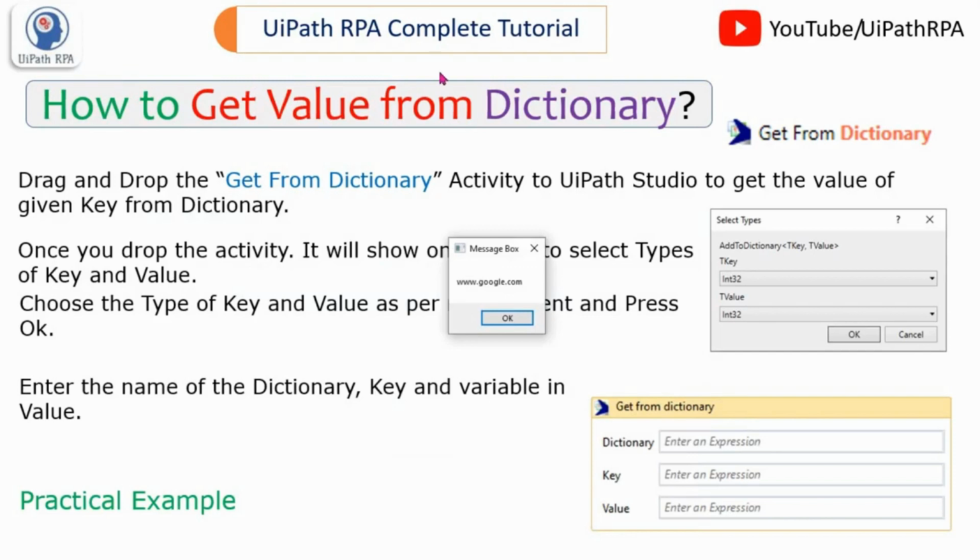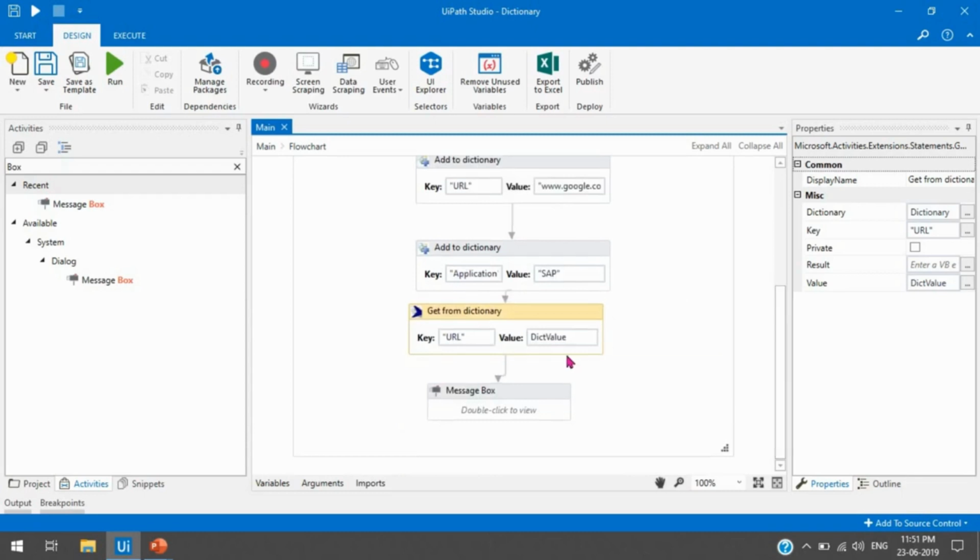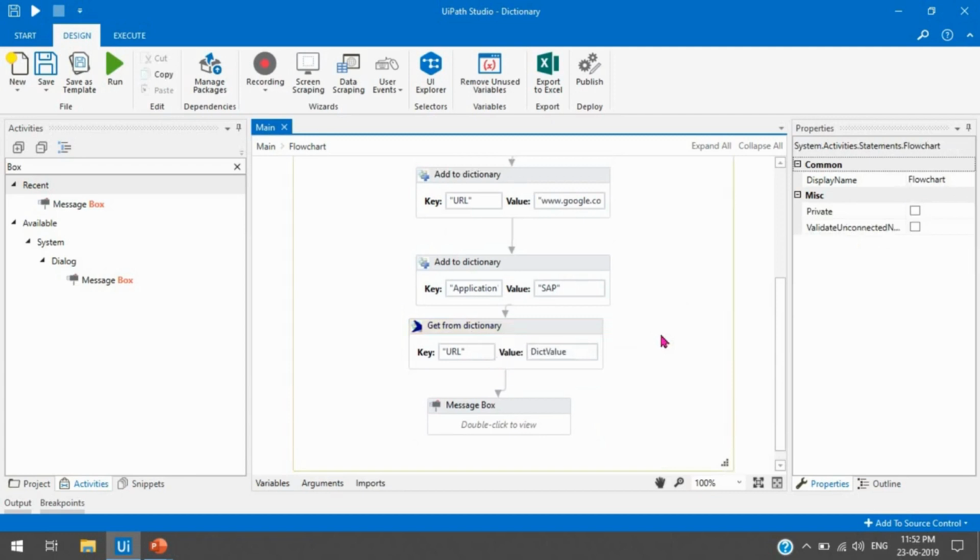So here you have seen we are getting google.com. It means here the value of this URL is google.com. So with the use of this get from dictionary activity, we can get the value of a specific key. So anytime if we require to get the value of any key, then we can just pass the key there, and we can create a variable, and we can use that variable anywhere to get the value of the key.